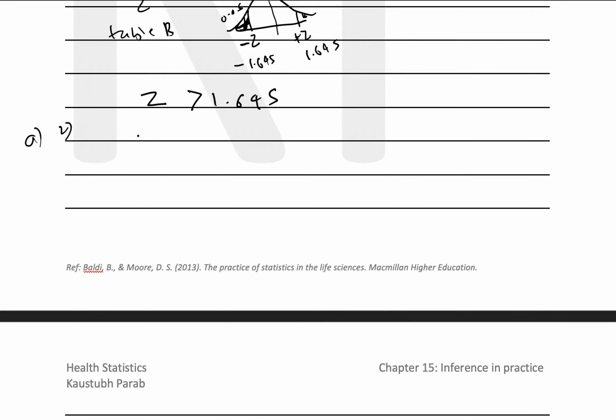To find the value of x that corresponds to the z value, we can compare this z simply with the critical z, z star. Let me just write it here. We know z is equal to x bar minus mu upon sigma over square root of n, right? So based on that, we know